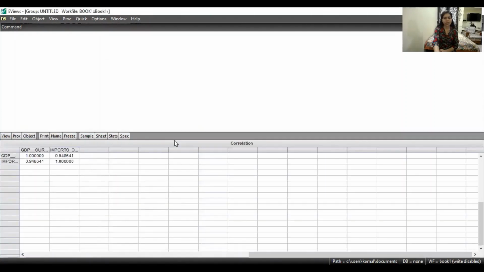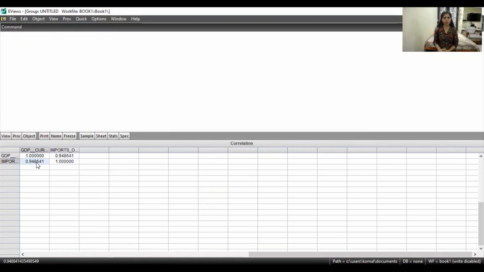Now, as you can see in our workfile, eViews has calculated the value of correlation for us, and you can see the result is in front of us. The correlation between GDP and imports of goods and services is 0.948. Now we can draw three important implications from this.